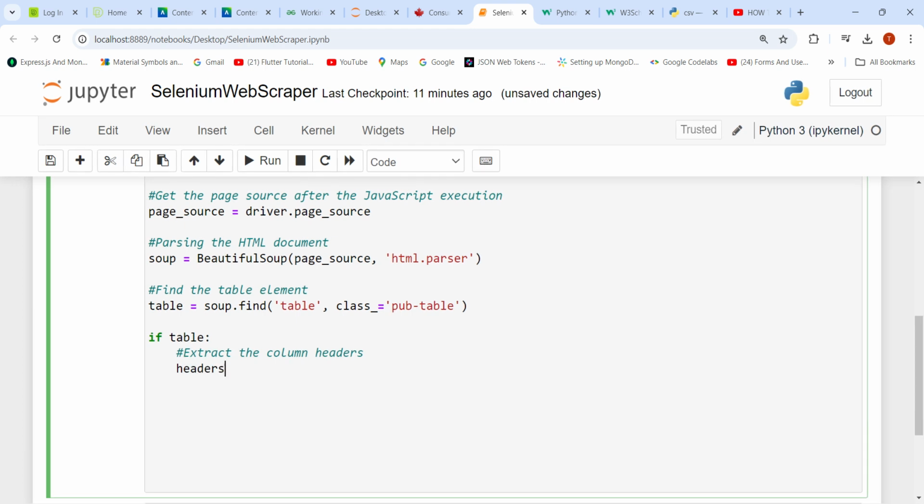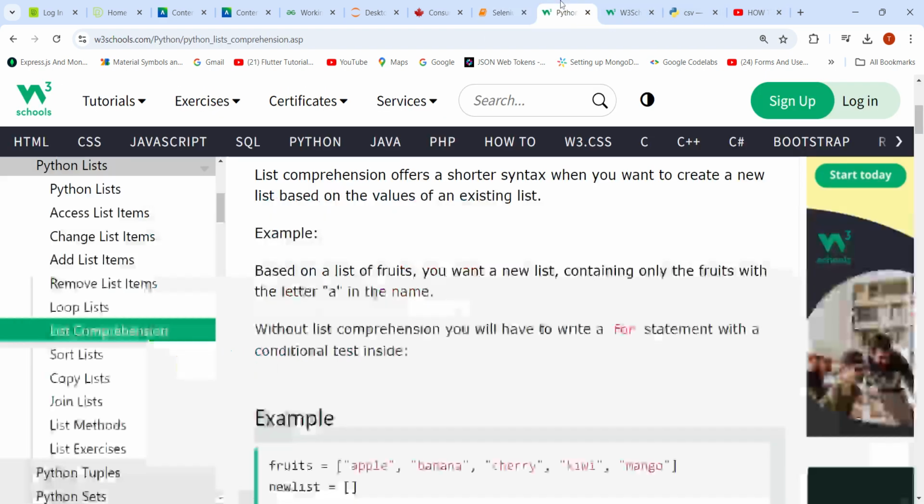So we're going to define a headers variable, and this is equal to a list. Whenever you see brackets, you know that's a list, which is the equivalent of an array in Python. And we're going to embark now on what's called list comprehension in Python. Okay, so I have